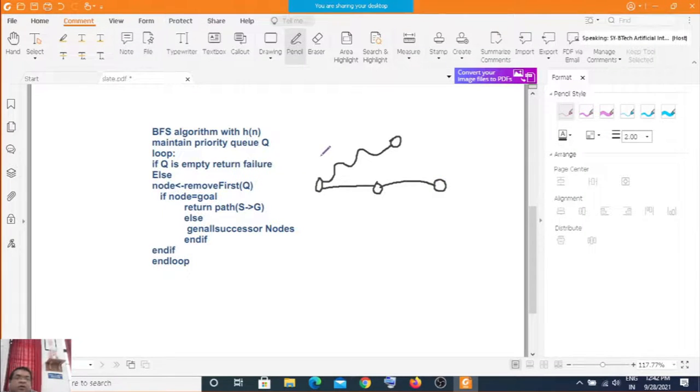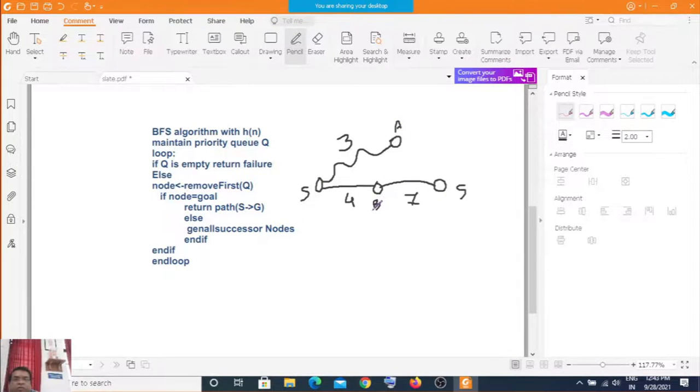Suppose this bended road cost is 3, there is a ghat, and this is 4, and this is 7, this is 7. Here you have your source, here you have your goal. This is your A node,